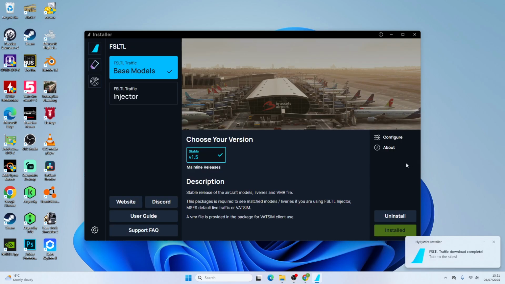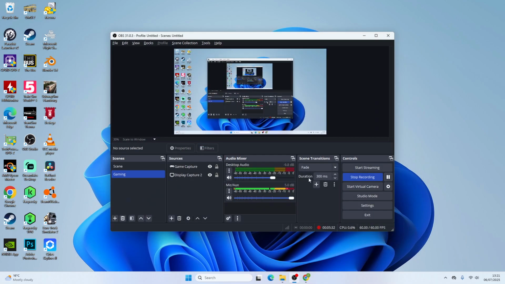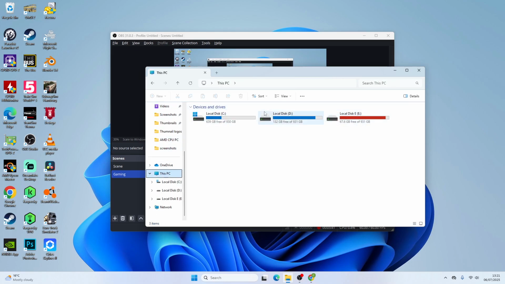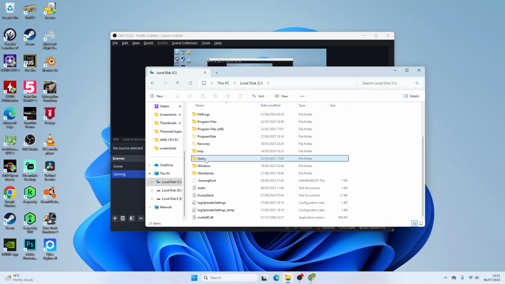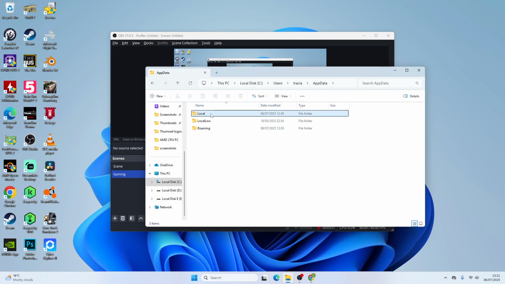Okay, so a download is ready to go. What we want to do now is create a shortcut for this. A third thing is going to be in the community folder, in whatever disk drive you installed Microsoft Flight Simulator in, your users, whatever user you're using, as in whatever profile you're signed into in Windows, AppData, Local,